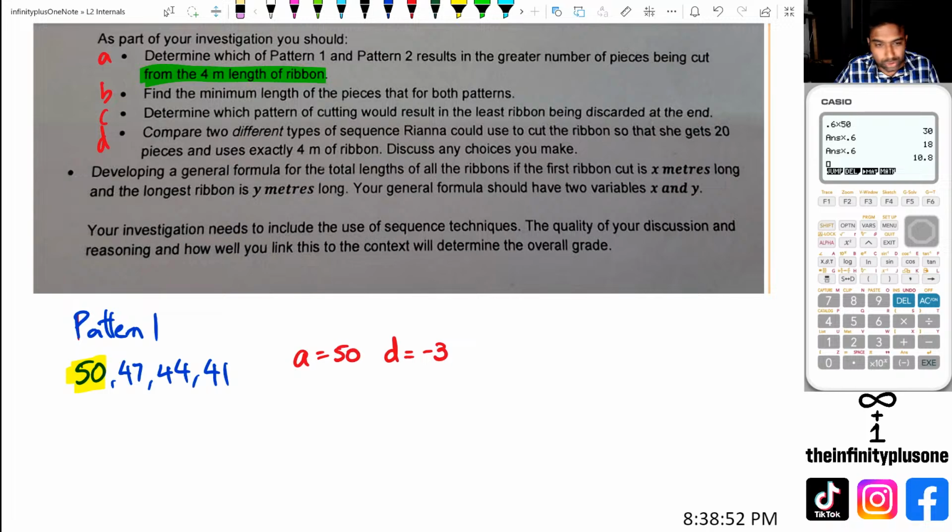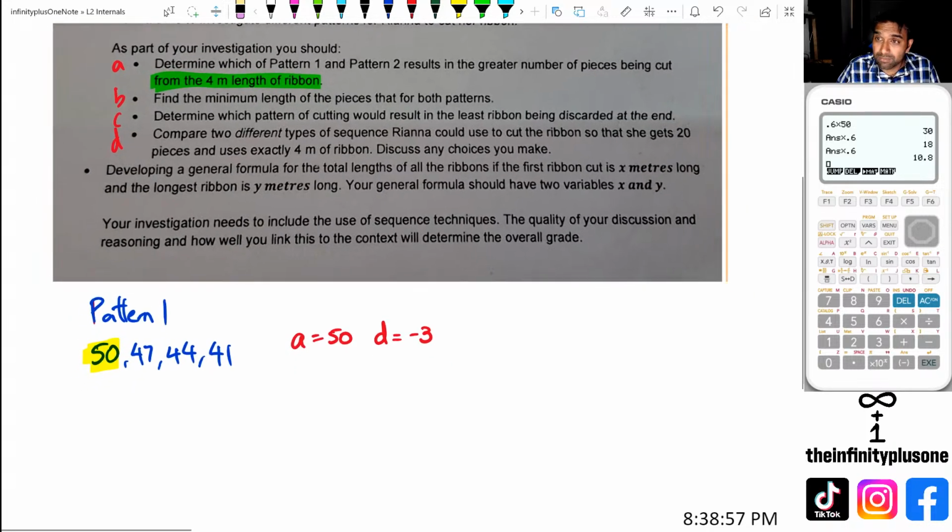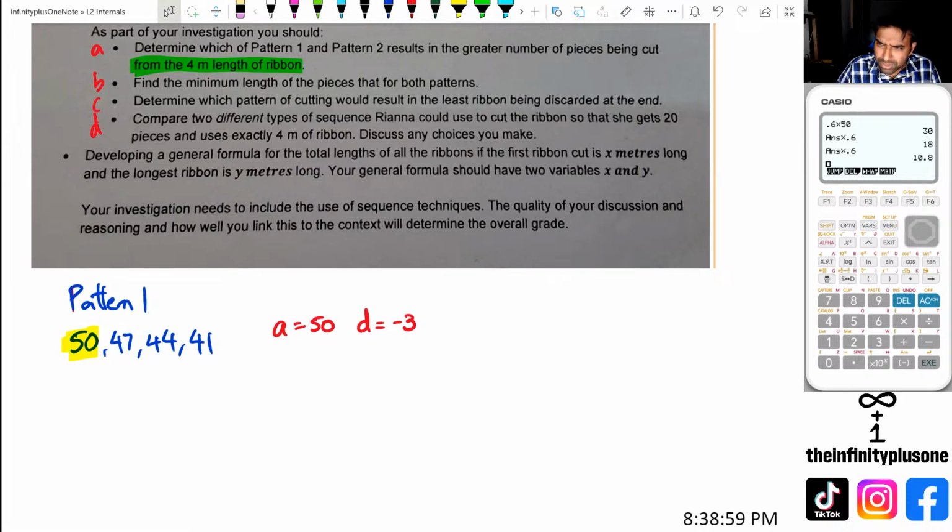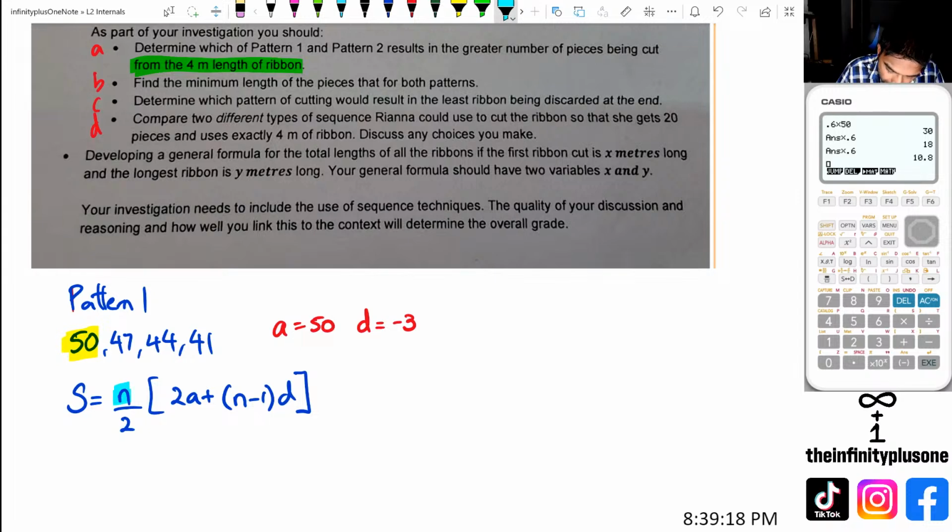You want to be able to show a formula, and I think we use the sum of arithmetic sequence formula, where the total sum is equal to n over 2, and then in brackets 2a plus (n minus 1)d. Now what we are trying to figure out is for what value of n the total is going to equal 400. Now I say 400 because 4 meters is actually